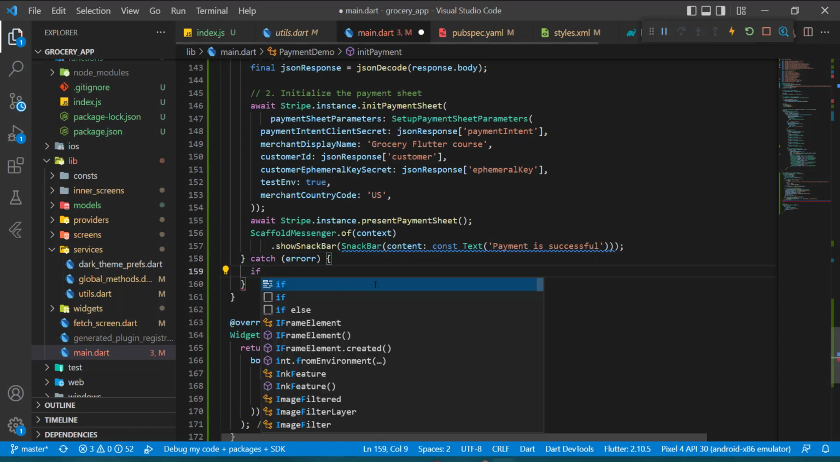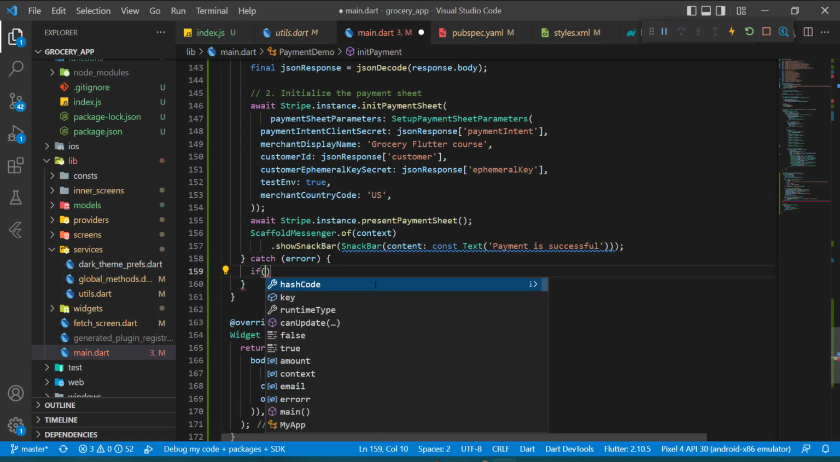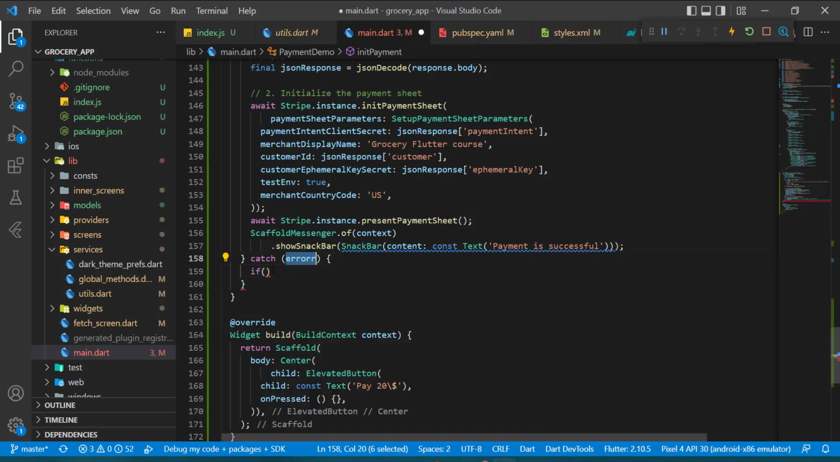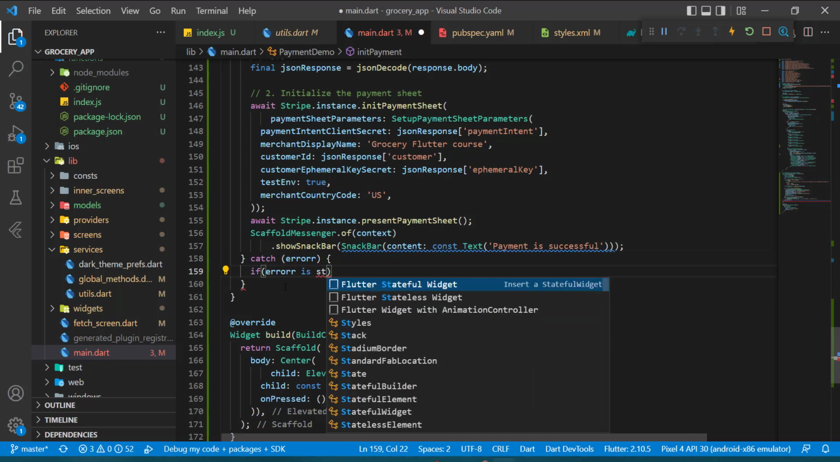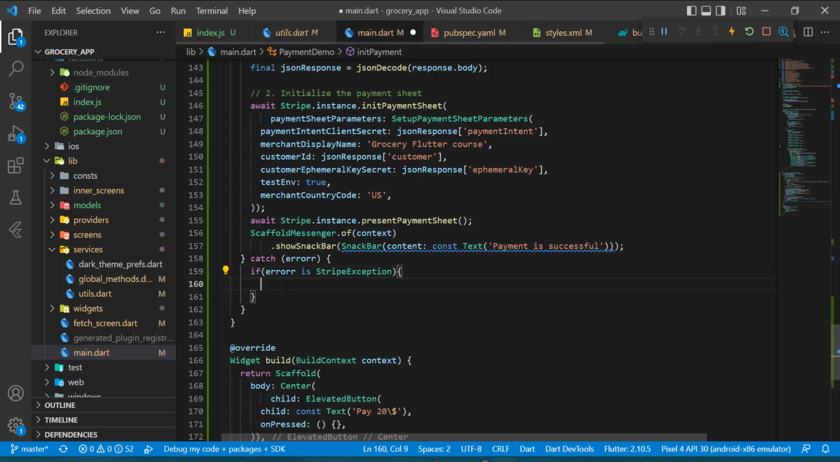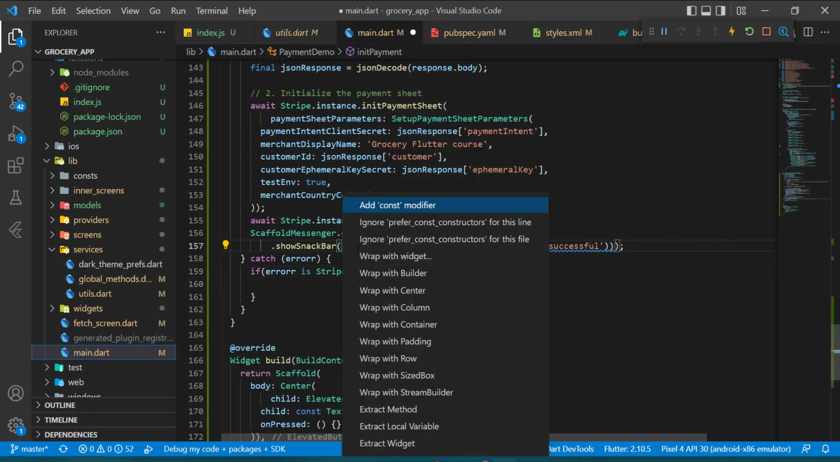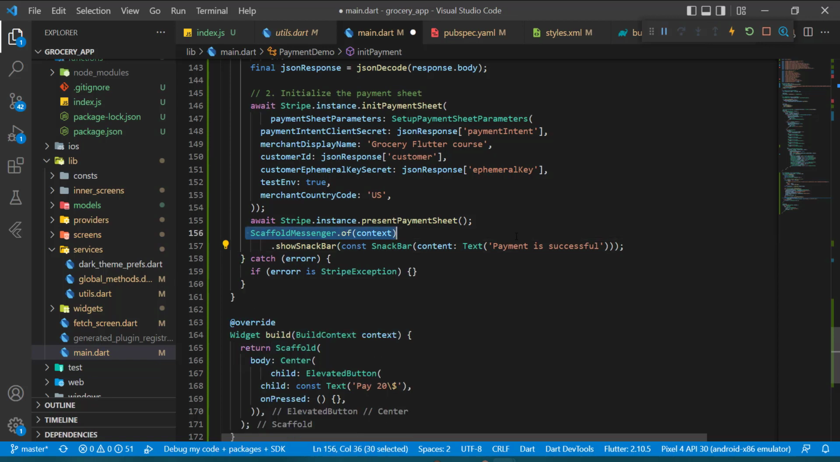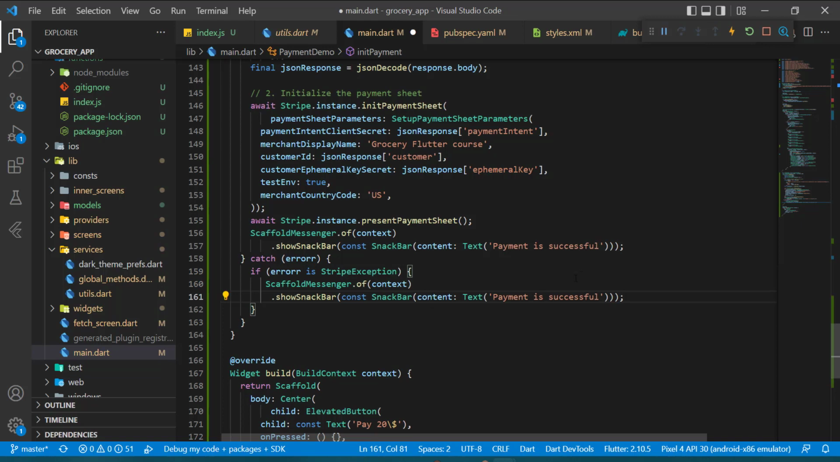So for the errors, we can check if this error is of Stripe exceptions. So how can we do this? Is by accessing this error and say is Stripe exception, like this. And if this is the case, we can show also a snack bar. So let's add a const for this one, like this. And I will copy this and paste it here. Let's add comma here and comma here. Same for this one,